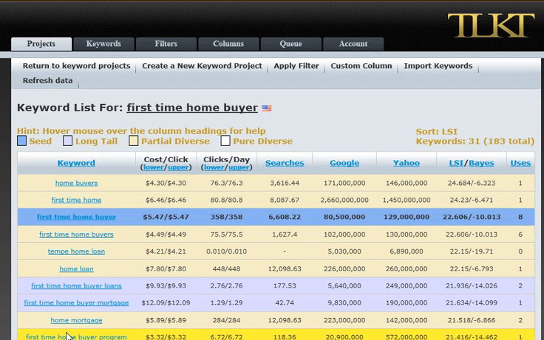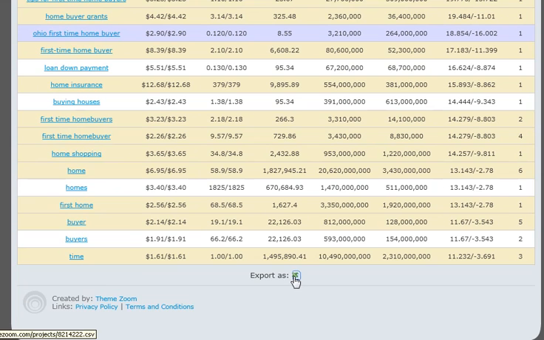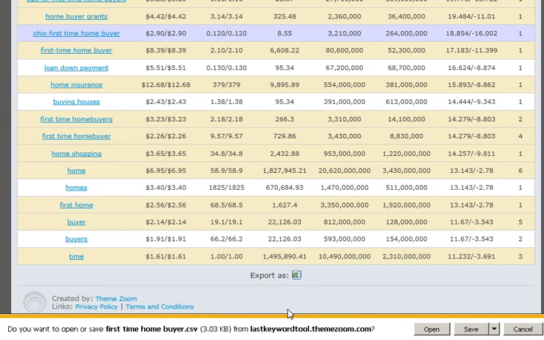So I'm here in TLKT. I've used a filter so that I'm only looking at 31 of my 183 keywords, and I'm going to export this to my local drive, and